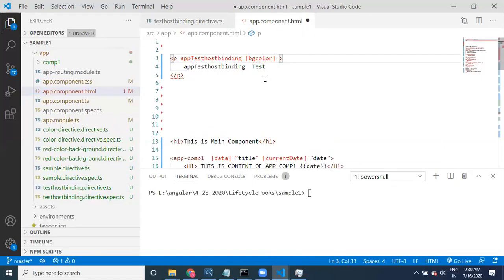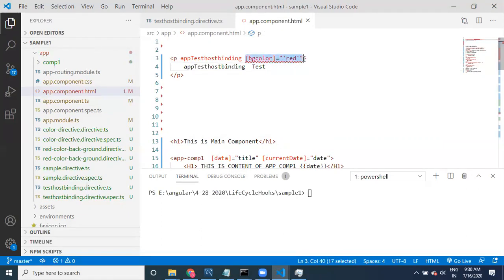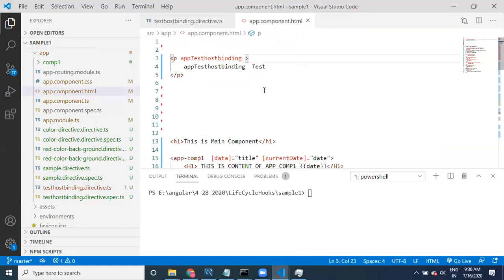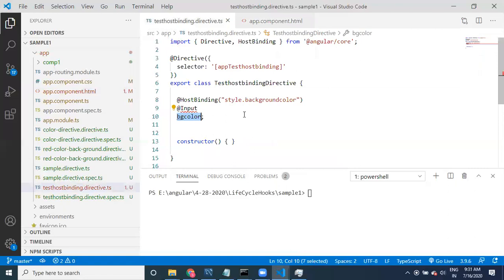Provide bgColor equal to, but it says it is not a known property of p. We need to provide it with an Input, using @Input.